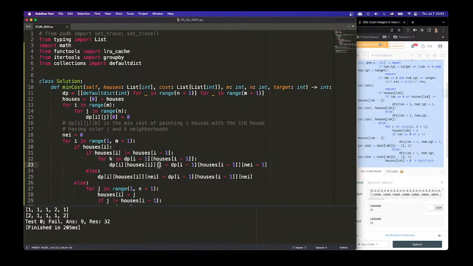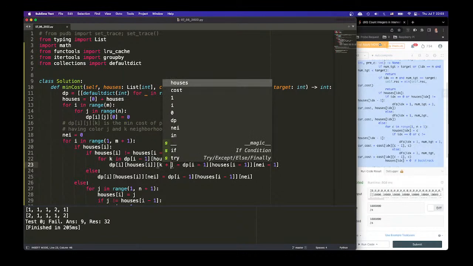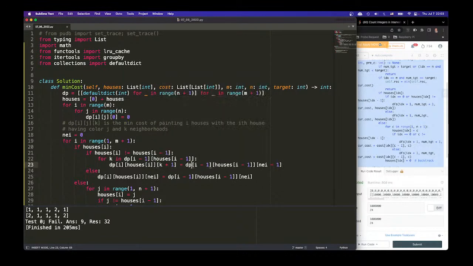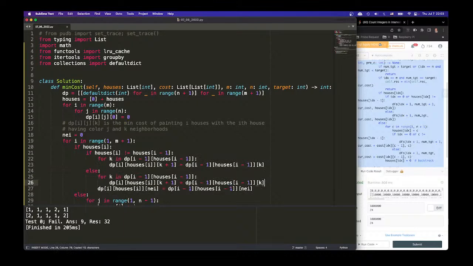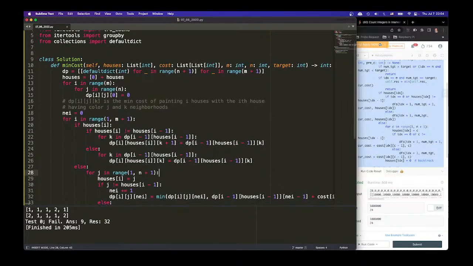For me, because it's different, so it'll be k plus 1 shall equal to dp this one k. Else, same thing for k in the previous one, and they're the same, so the neighborhood is the same. And for this one is the same, so for j and